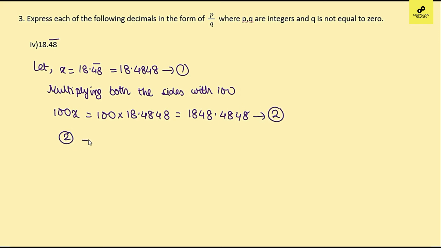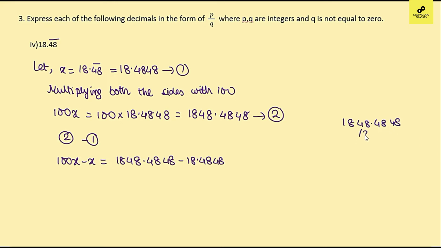So 2 minus 1, 100x minus x, 1848.4848 minus 18.4848. Now if you subtract this, let us subtract this 48. So this will be 0, this will be 0, this is 3, 1830. So 99x equals 1830. So x is